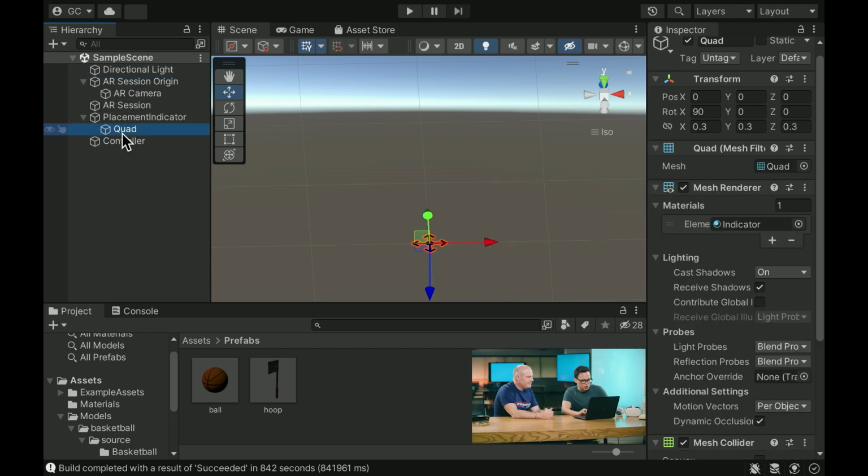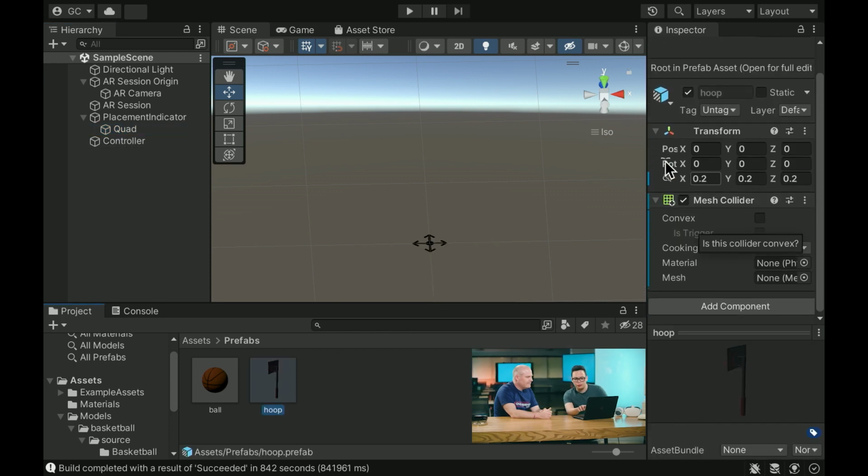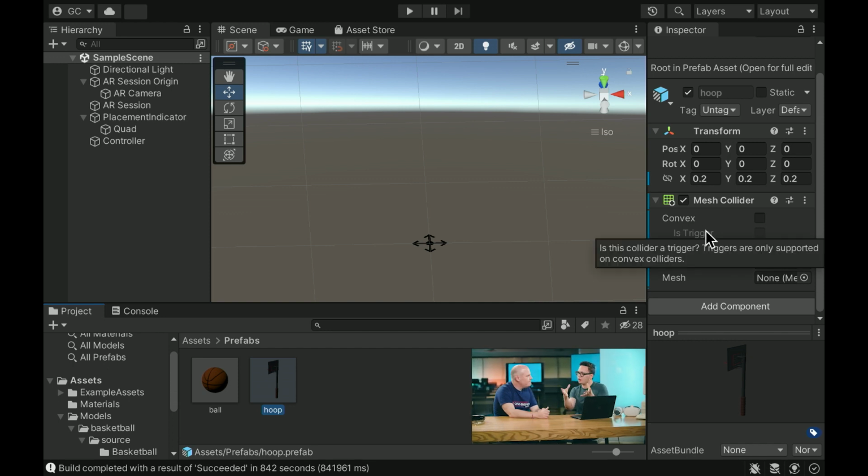So if we go into our session origin, actually, well, we have it at our prefab. I'm so sorry, I'm looking at the wrong one. So if we look at our prefab, we have what's called mesh colliders, and that's what's adding dimensions outside of the prefab for things to collide with it. So that can pick up if the basketball actually goes through, or it hits the basket, or bounces off the